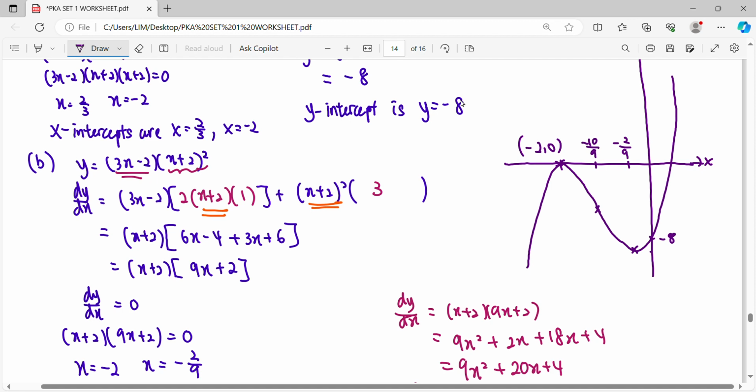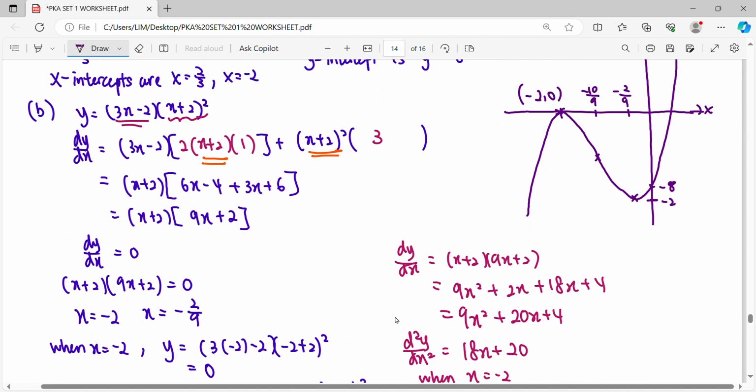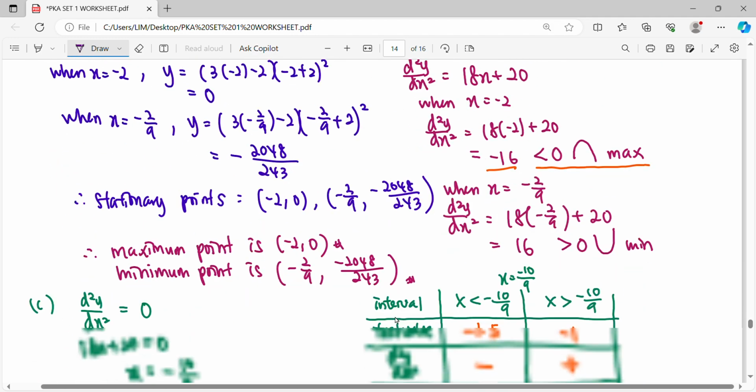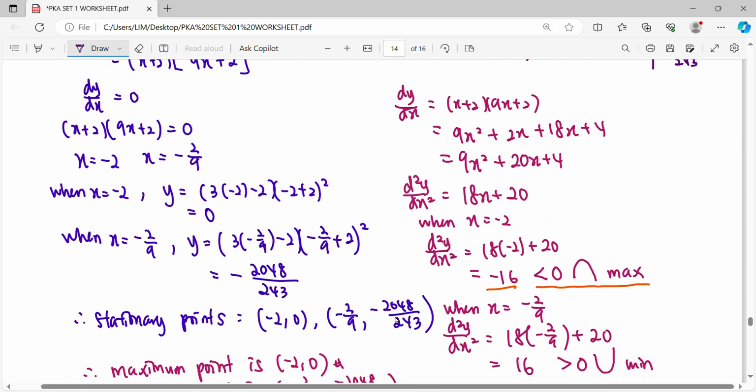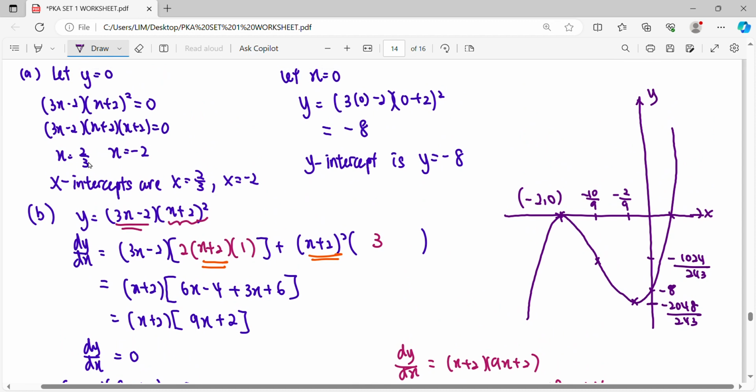This minimum point, label, inflection point, and intercept one more. One more intercept falls on here, 2/3. Lastly, this is our curve, y equals